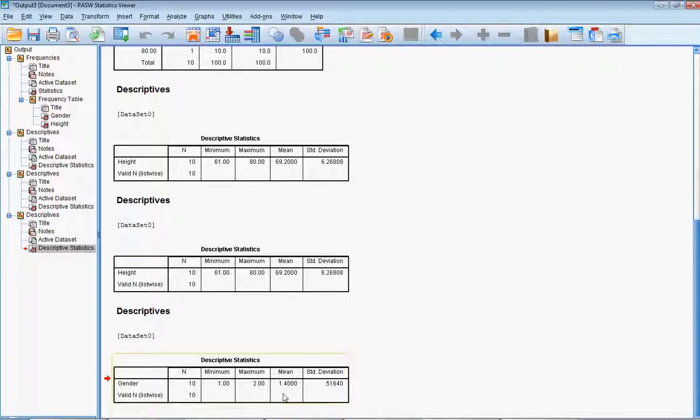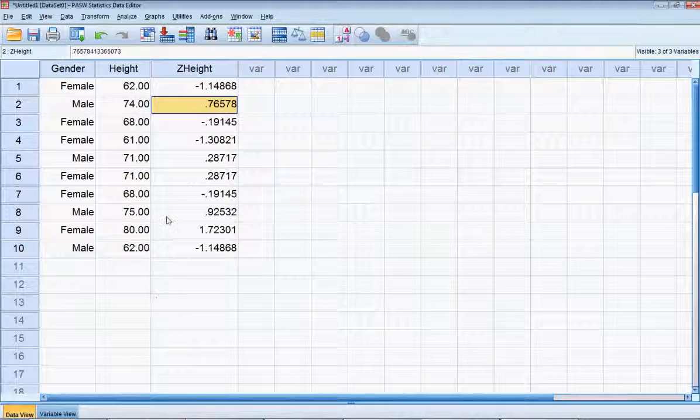Well, I don't really think calculating averages or even standard deviations is appropriate here because these are nominal data. If 1 represents male and 2 represents female, what does 1.4 represent exactly? I don't even want to think about that, so let's do another kind of analysis. Instead, I think it might be more interesting to compare the heights of males against the heights of females. So instead of sorting and separating these scores into males and females, we can have SPSS just report the average of all the heights next to female versus all the heights next to male.